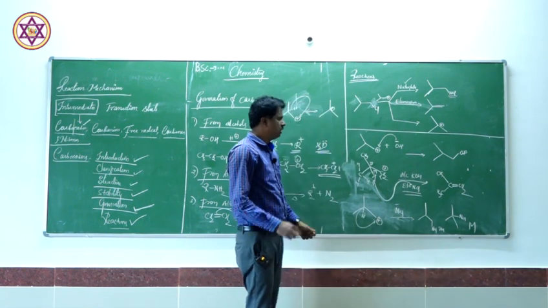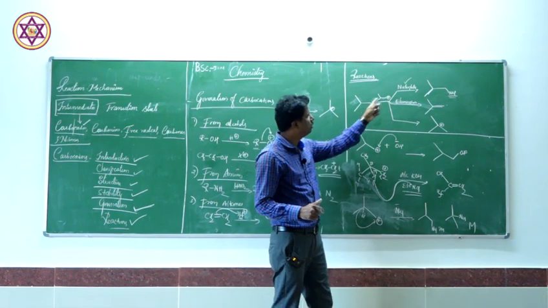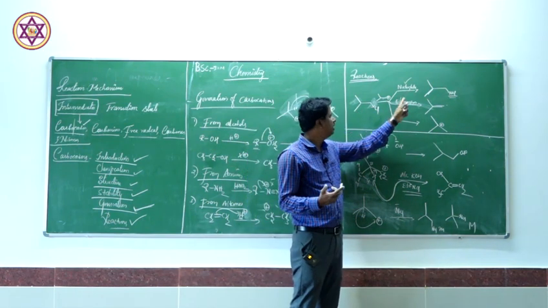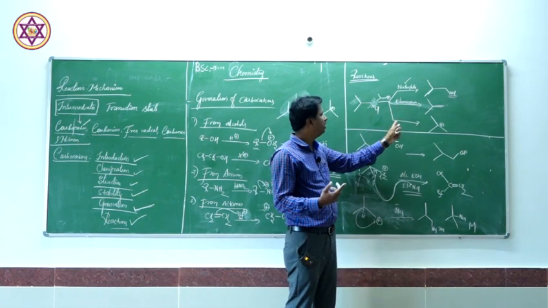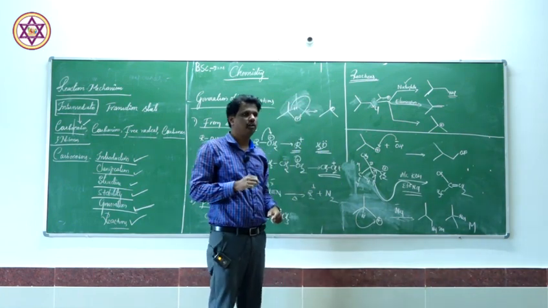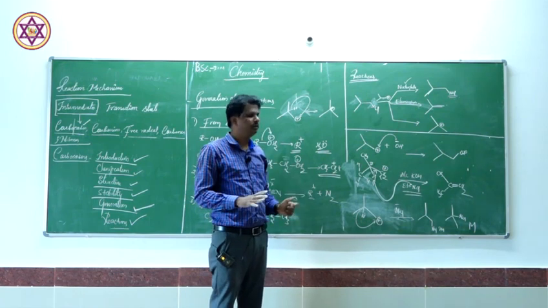So hope you understood. There are three different reactions we discussed today. The carbocation can either undergo nucleophilic substitution in the presence of a strong nucleophile, it can undergo an elimination reaction in the presence of a strong base, or it can undergo rearrangement reactions. There are many rearrangement reactions you are going to study in the upcoming classes, but at this moment, if you understood this one, that is quite sufficient.